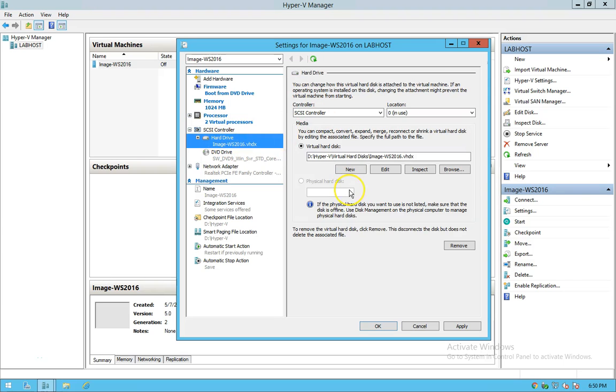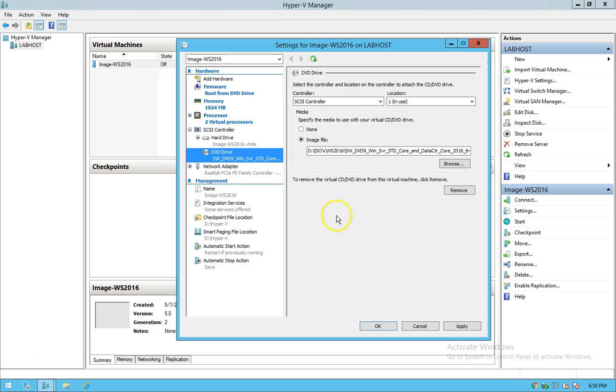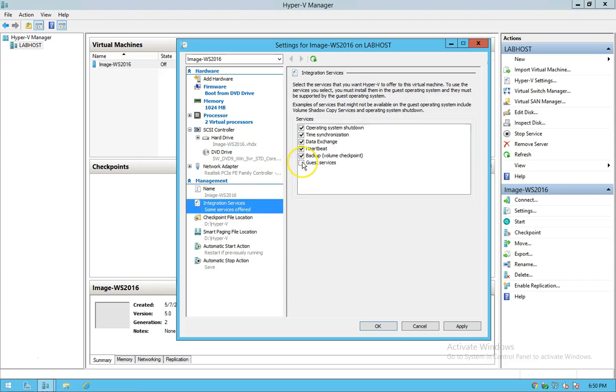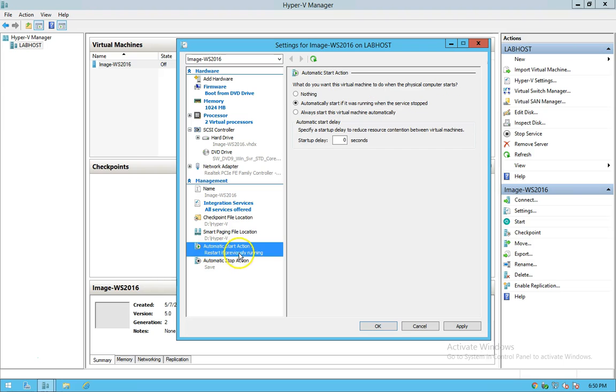Our hard drive should be good because we just set that up. DVD should be good. Integrated services, I like to turn on guest services. And let's talk about automatic startup or start action. So when you start your Hyper-V host machine, it's going to go through and start these machines. Right now it's set to automatically start if it was running when the service stopped. So the Hyper-V machine gets shut down, it restarts, and if this was running, it's going to go ahead and